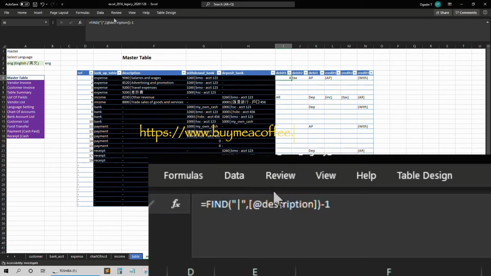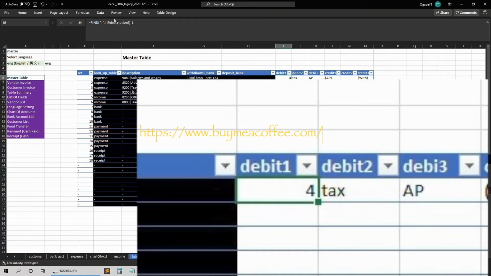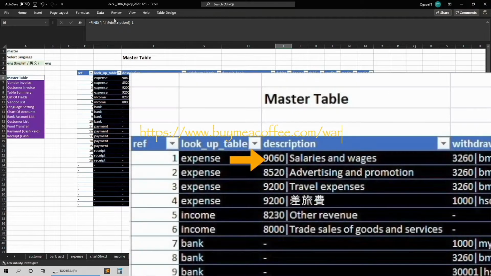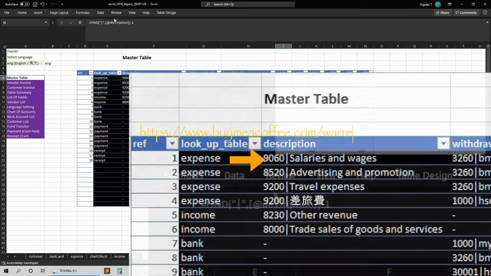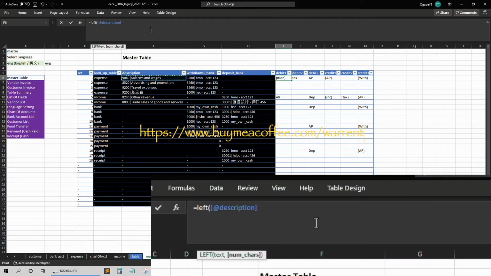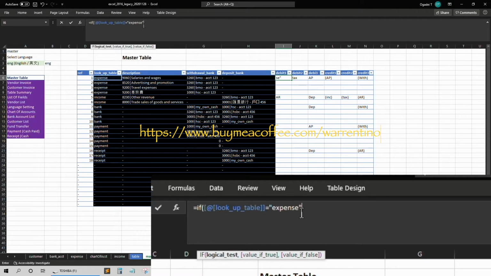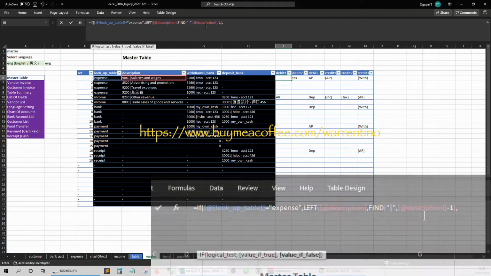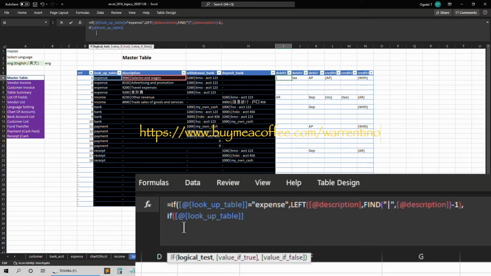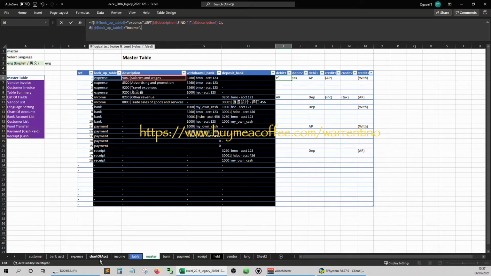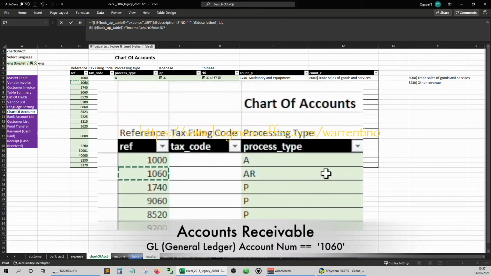Now we know that we need to extract the leftmost 4 digits of the description column. We use the left formula on the description column to extract the general ledger account number when the lookup table column is expense. When the lookup table column is income, we have to return the accounts receivable account from the chart of accounts.